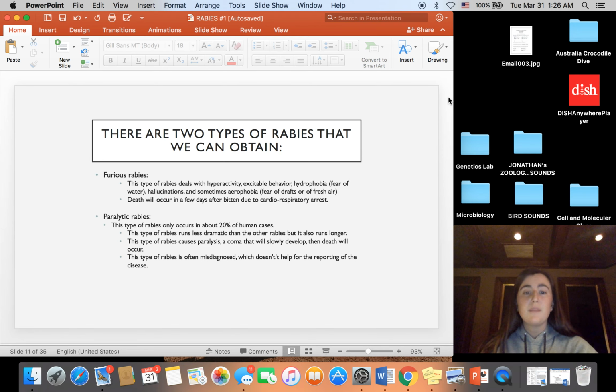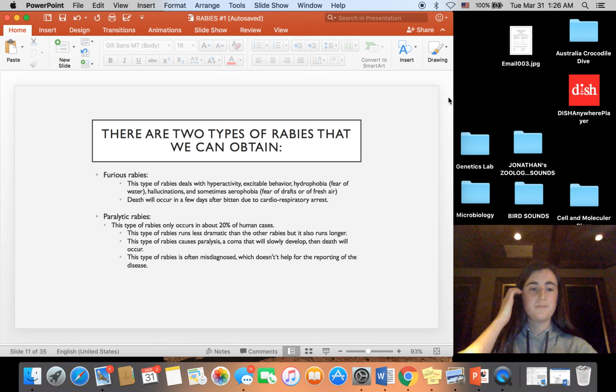So there are 2 types of rabies that we can obtain. The first one is the furious rabies, and then there's paralytic rabies. The furious rabies is the most aggressive one. It deals with hyperactivity, excitable behavior, hydrophobia, hallucinations, and sometimes aerophobia. Since it's so aggressive, death will occur a few days after being bitten